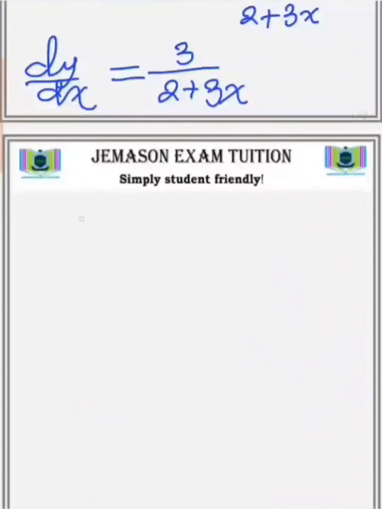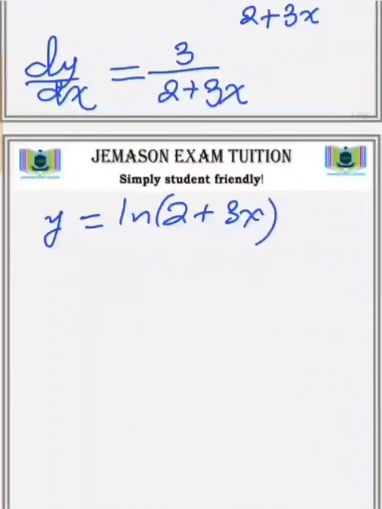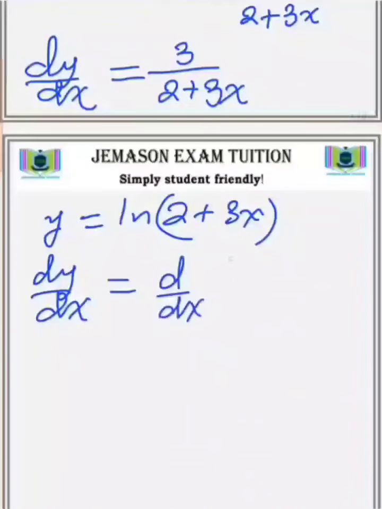So here we need to confirm that this first derivative according to the formula is true. We have been given the function y equals ln of 2 plus 3x, so we need to differentiate it to confirm that the first derivative given by the formula is true. So dy/dx should be d over dx of the argument of the log function, which is 2 plus 3x,